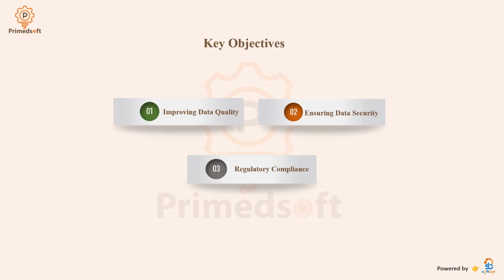The next is to ensure security. Data needs to be protected. You need to protect data from unauthorized users and ensure that data confidentiality and integrity is well captured. That's another important thing about data management. The next is regulatory compliance, which we have talked about. So you need to adhere to legal requirements and industry standards to help mitigate risks associated with non-compliance. You need to ensure that these things are taken care of.